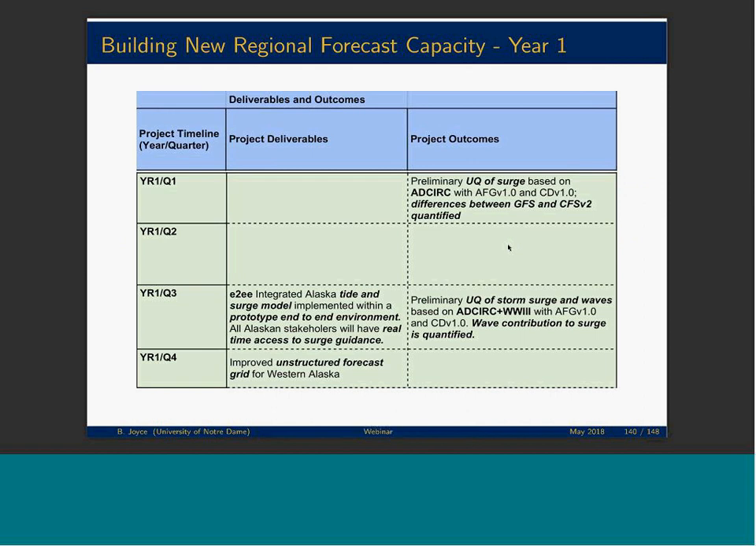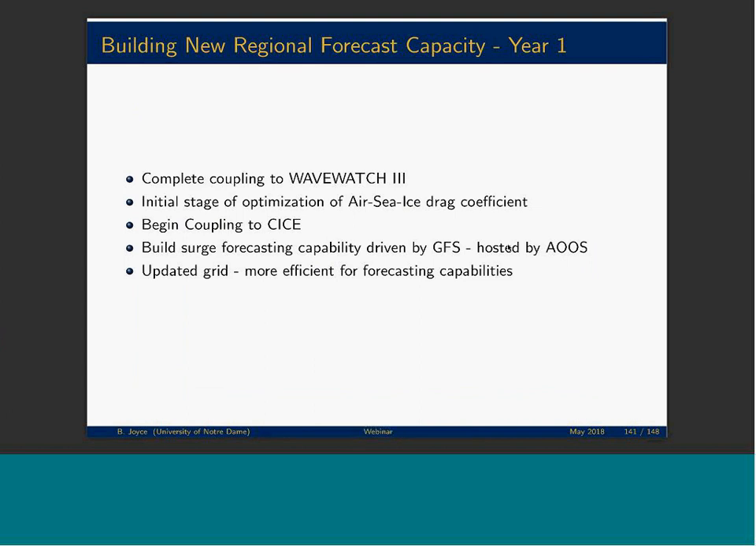So in terms of this regional forecasting capacity over the 3 years of the project, in year 1 we hope to complete the coupling to WaveWatch 3, do some studies on that air-sea ice drag coefficient that I talked about, begin the coupling to sea ice, and by the end of the first year, we'll have a full forecasting capability driven by the climate model, which is hosted by the Alaska Ocean Observing System. And this will include an updated grid that would make it more efficient for running in real time and providing day-of storm surge